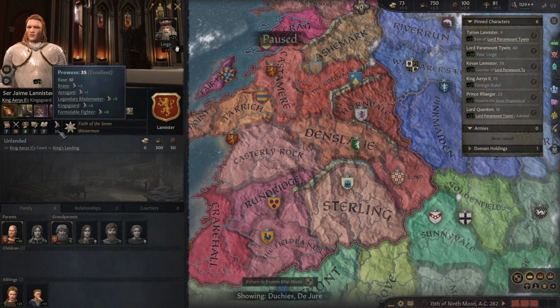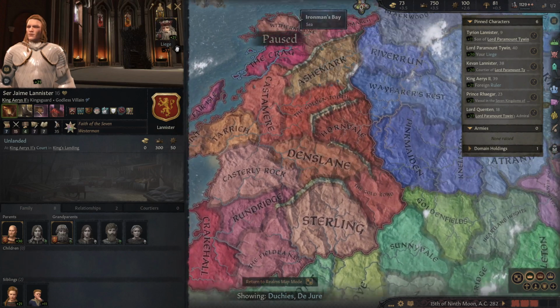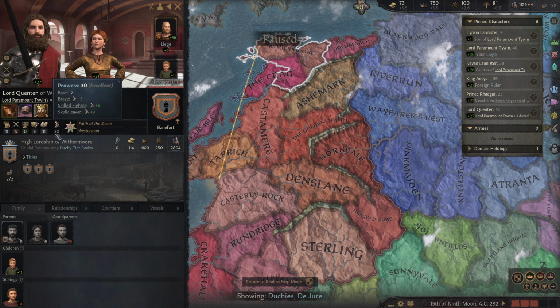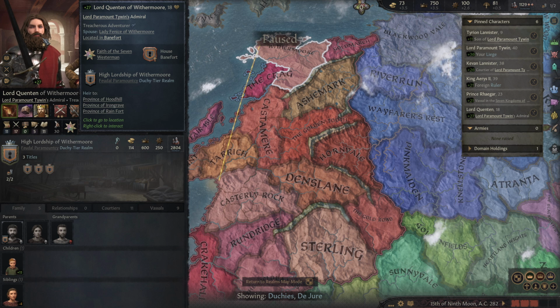Look at him. There's Jaime. 35 prowess. So Jaime, theoretically one of the greatest knights in the Seven Kingdoms, has got 35 prowess, and our little rival up here, Quinton, is at 30. So this guy is really good. Quinton of Withermore. I wonder if House Baneford is like...